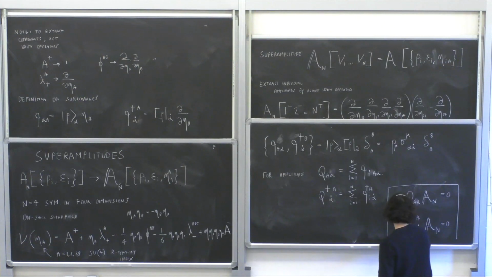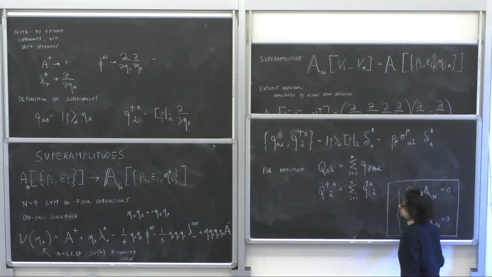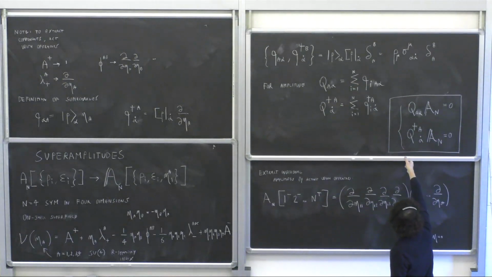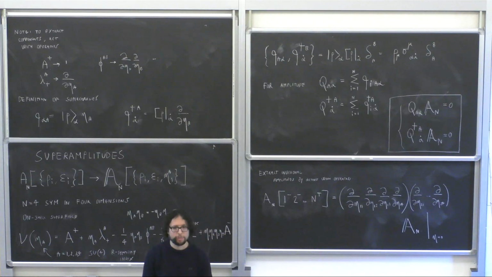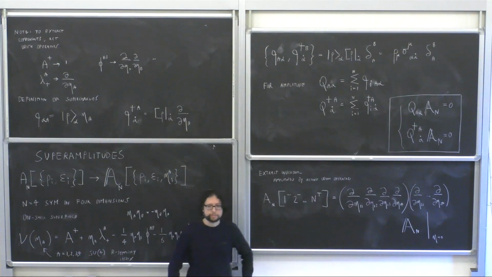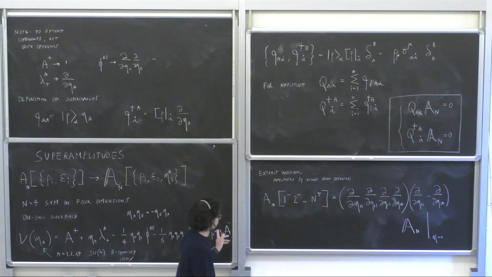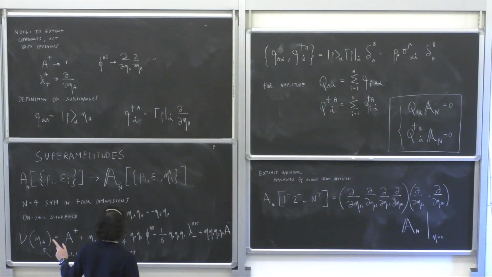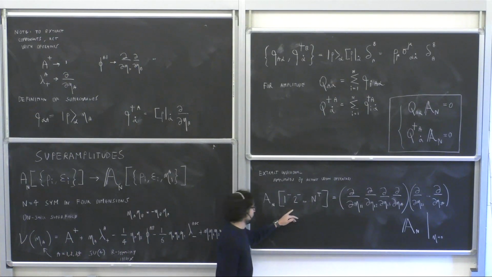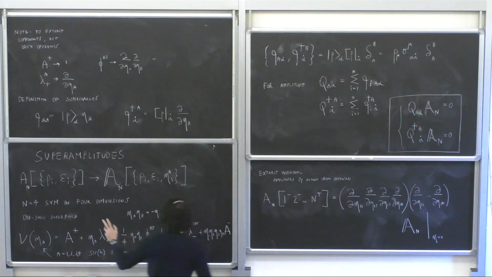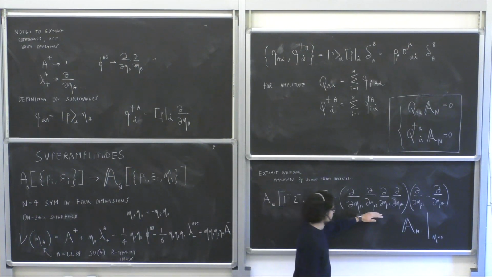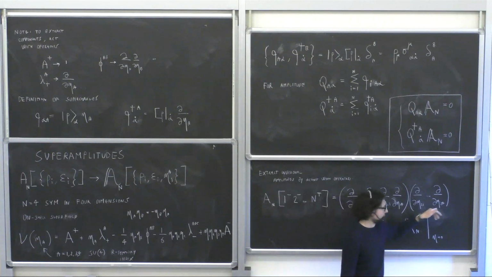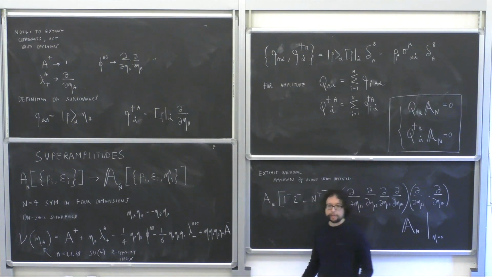So the next question in this linear flow of logic would be, okay, what quantities can I write at lower points that have these properties of obeying that relation? Yes? This amplitude is low, so all the legs are plus. Yes, and the reason that all the legs are plus, this is of course an example of MHV amplitude, and they are associated just to the 1 as the differential operator. So here I have 4 Grassmann variables for leg 1, 4 Grassmann variables for leg 2, nothing for the other legs, and this is a component amplitude.